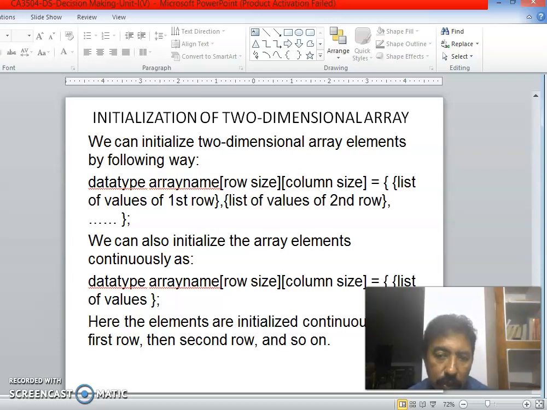In this also, first the data type, array name, then row size, then column size, equal to, then within one brace we start, and within that we split it into 2. Therefore, the list of values of the first row, then the list of values of the second row. In such a manner, this is the initialization for that.